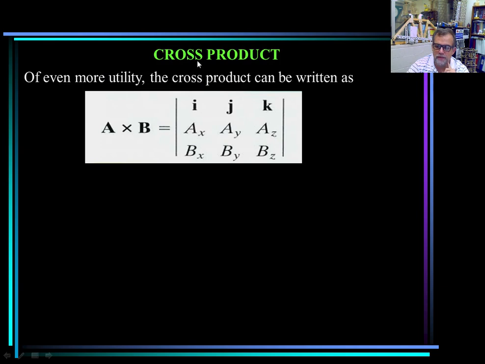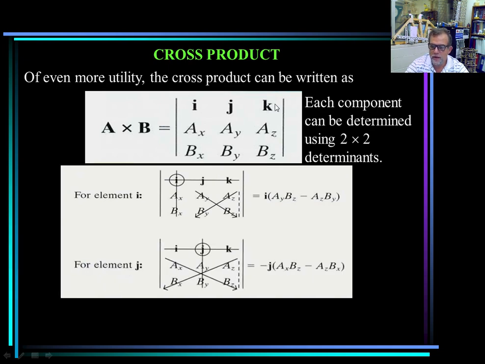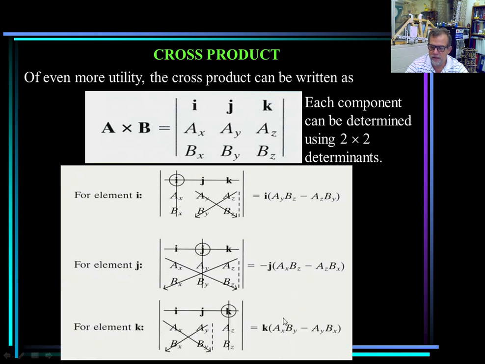So one more time, if you want to calculate the cross product, there are several ways of doing it, but you select the pivot point here, and then you say, okay, if this is my pivot element, I eliminate this column and this row, and I say i, that multiplies this times this minus this times this, and then I say minus j, that multiplies this times this minus this times that, plus k, eliminate this, and that multiplies this times this minus that times that. That plus or minus, you don't care about that, learn it like that, but that has to do with something which is the